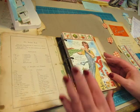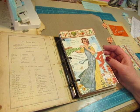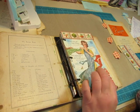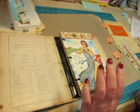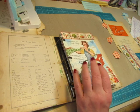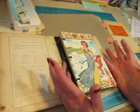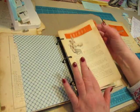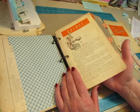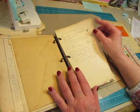I have added some pages. I've decided to use the last sheets. I had a few sheets left of the Graphic 45 Home Sweet Home. So I've added those, but I'm only cutting them 5.5 inches wide, so I'm only using half of each sheet really. And then I have a divider from the binder, and one of the envelopes, and a written on page,